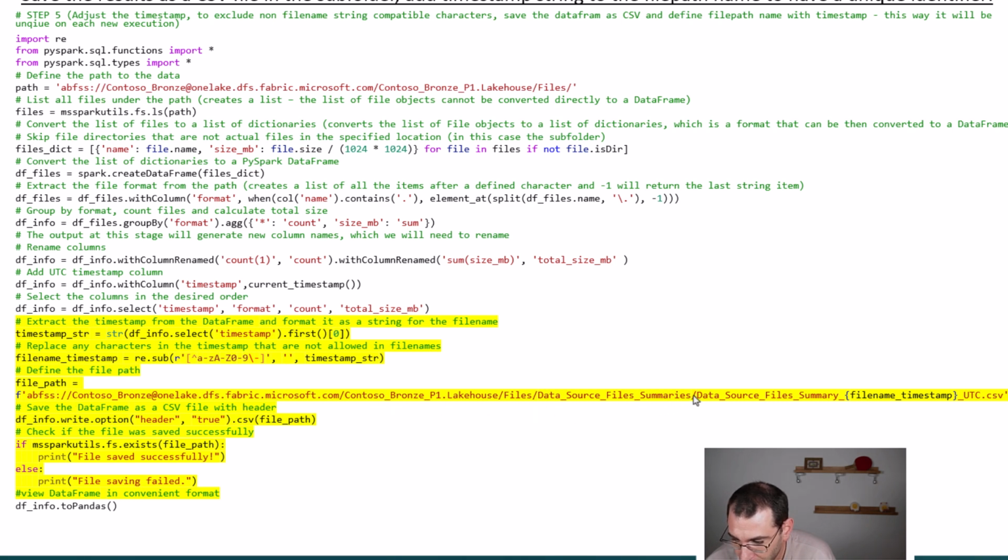And what I did is I just pasted the location of the data source file summaries. To do that, we just navigate to the summaries subfolder in the location. We get the ABFS path and we paste this,